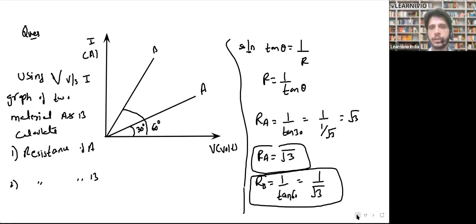Okay, the next is, on the basis of Ohm's law, you can classify materials into two categories. We have two types of materials. This classification is on the basis of Ohm's law. There's one type of material which we call ohmic. Ohmic are those materials which follow Ohm's law. For materials for which V versus I graph is a straight line is ohmic. Then we have material for which V versus I graph is not a straight line. If V versus I graph is not a straight line, that means that material does not follow Ohm's law. And the material which does not follow Ohm's law is known as non-ohmic.